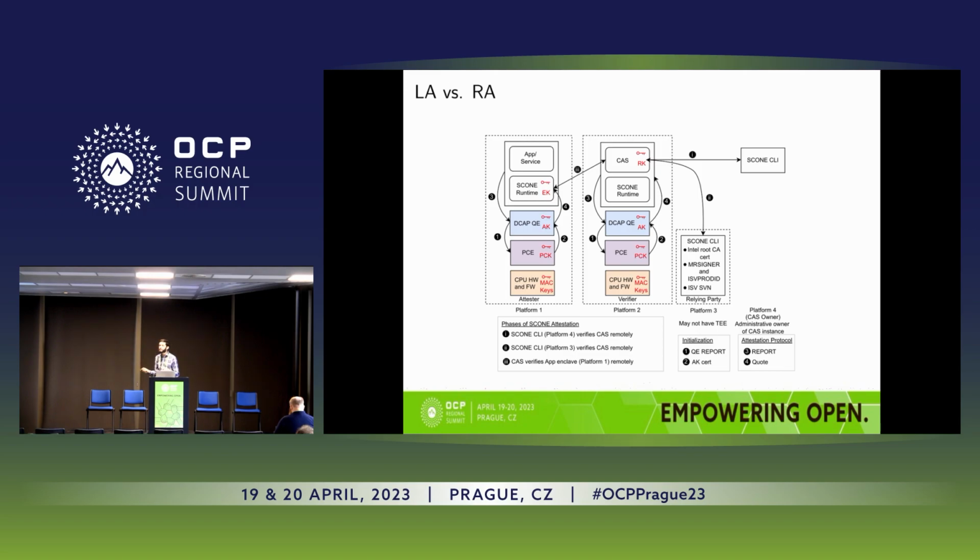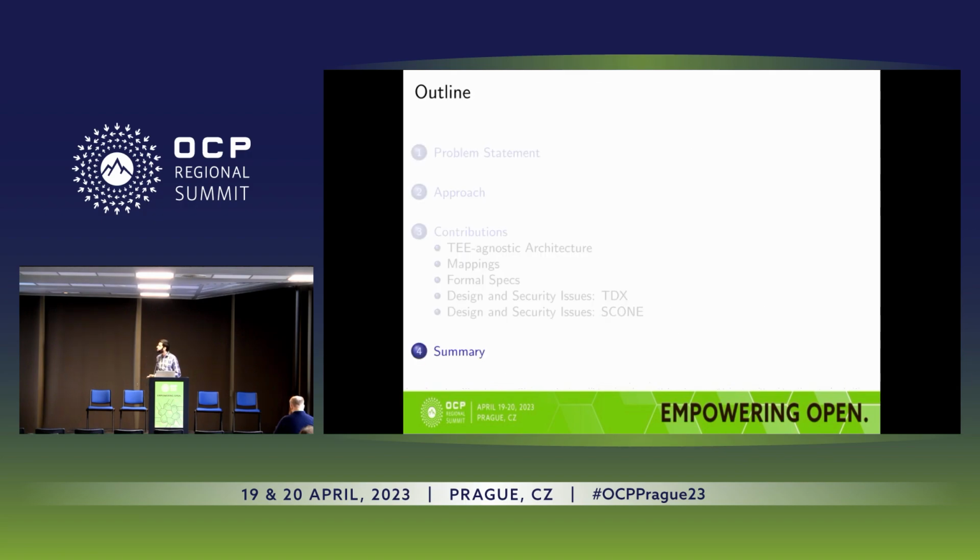The loss here is in the performance. This is not a security issue, but there is a performance issue, because there are a number of verifications that one has to do. The local attestation uses MAC rather than the signatures, which are expensive, so it leads to a boost in the performance.